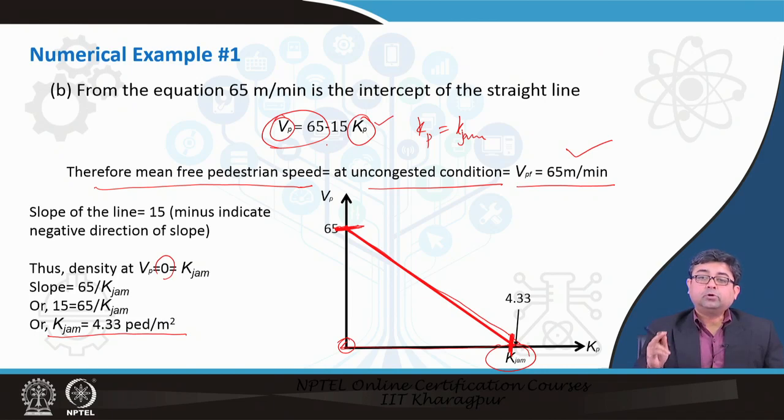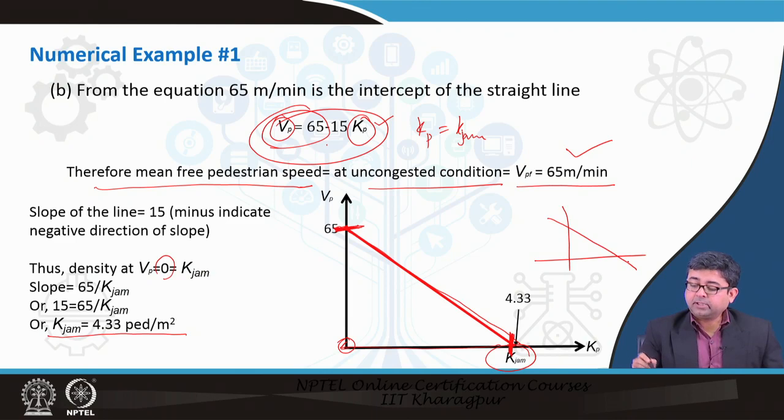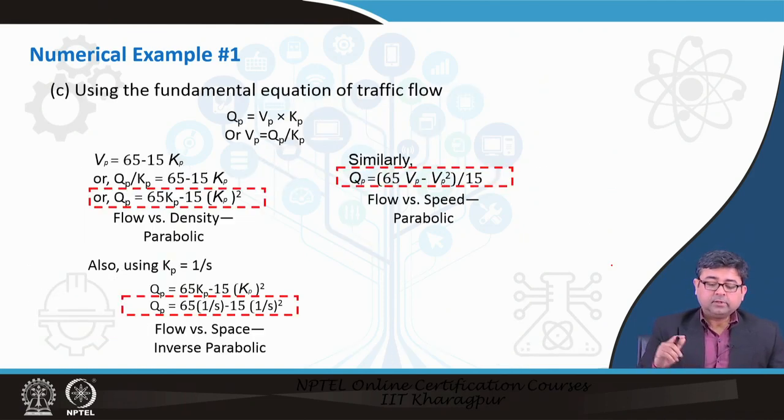Whenever you are told to graphically represent an equation, you have to know all such parameters so that you can draw the graph. If you do not know this and just draw a graph like this, then we know that you understand that it has a negative slope, but you have not actually calculated these 2 points accurately, and it is necessary for you to do that, right.